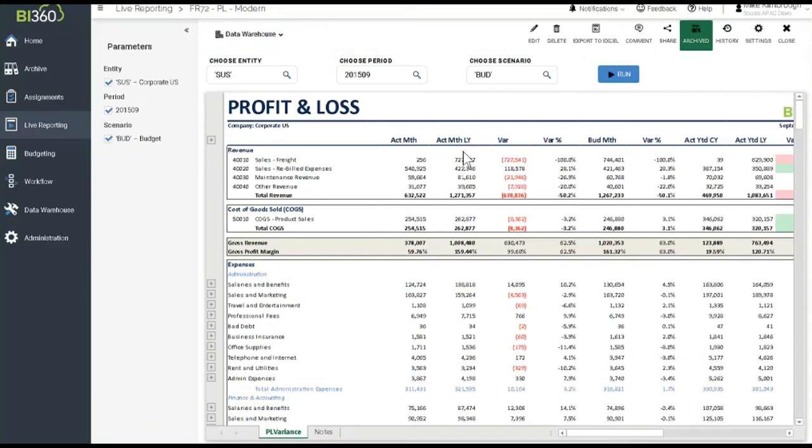I could duplicate this report. It'll open up in Excel. I could remove this column and save it. Now I've got a different variation of that report. So I could call it profit and loss, without last year data, right? So version number 2, very easy to do. Now the edit process is quite simple. So if I said I want to edit this report,